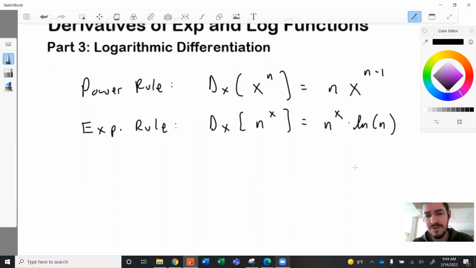Okay, so these are two different functions. In one case, the variable is the base of the exponential expression. In the other case, the variable is the power of the exponential, right? So the power rule is for power functions. Power functions are where it's x raised to a constant power, but the exponential rule is for exponential functions, where the base is the constant and the power is where the variable is. So I just want to be very clear. You have these two types of functions, and they have two very different rules. So the question is,